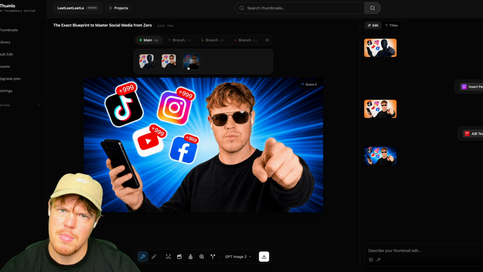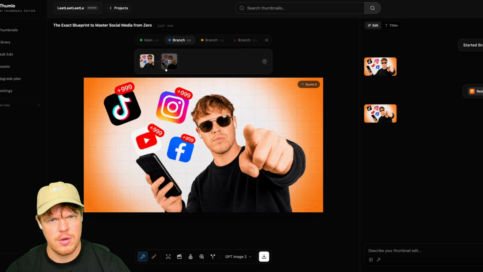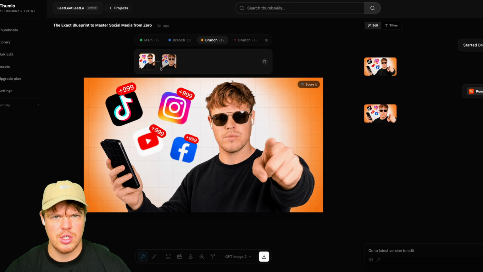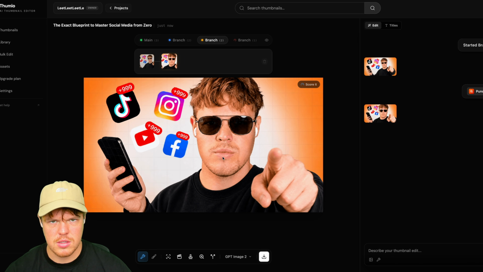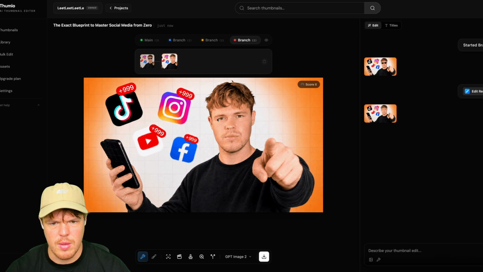A/B, A/B. What are we testing? The color in the background. Looks like reshoot just came in. Different pose, different angle. Looks like punch in just came in. Look at that. Now I'm in your face. More face. And finally, we were able to remove the glasses via the edit region tool, which I can simply